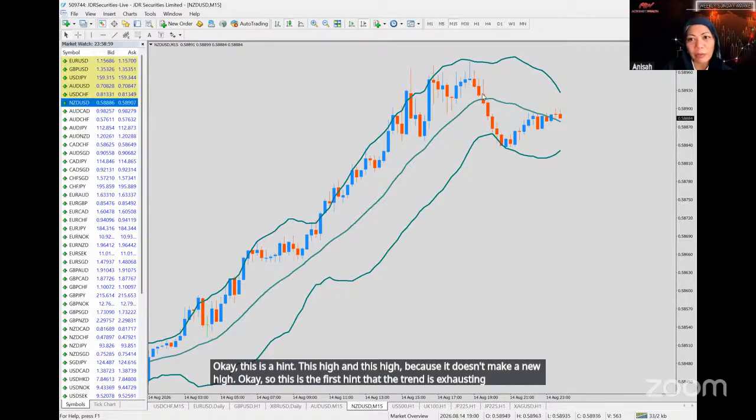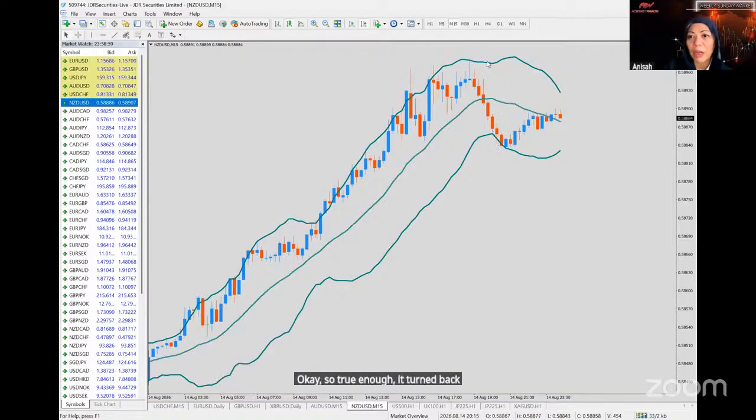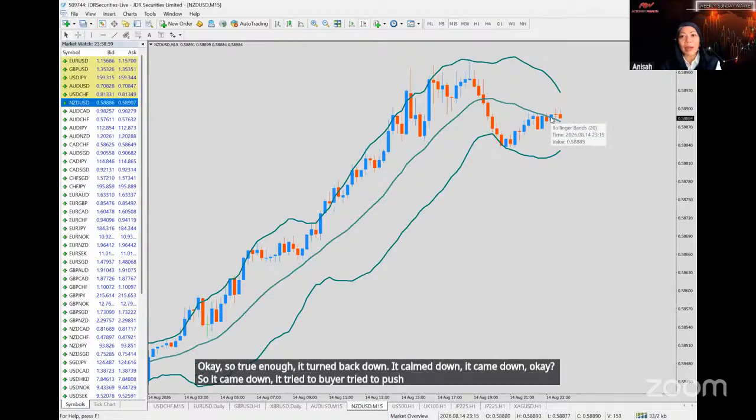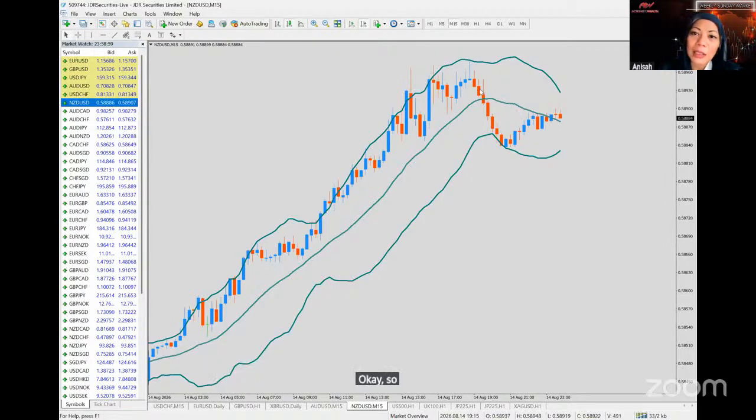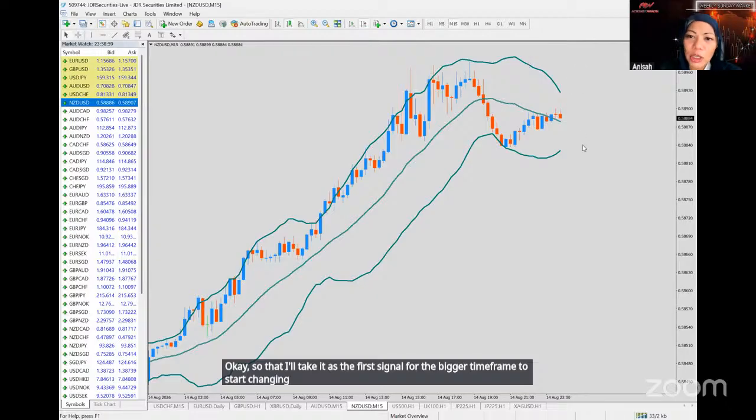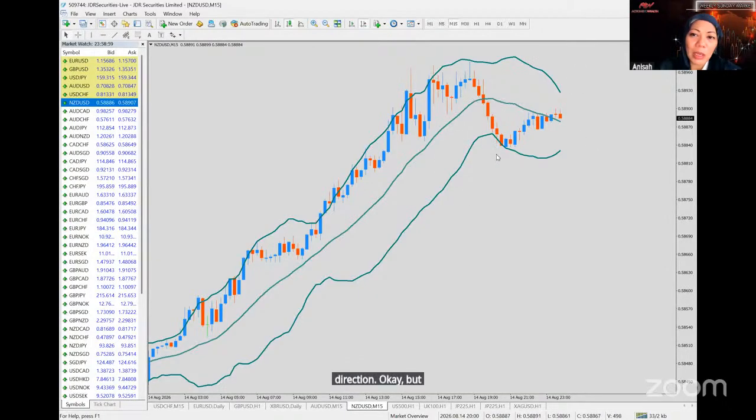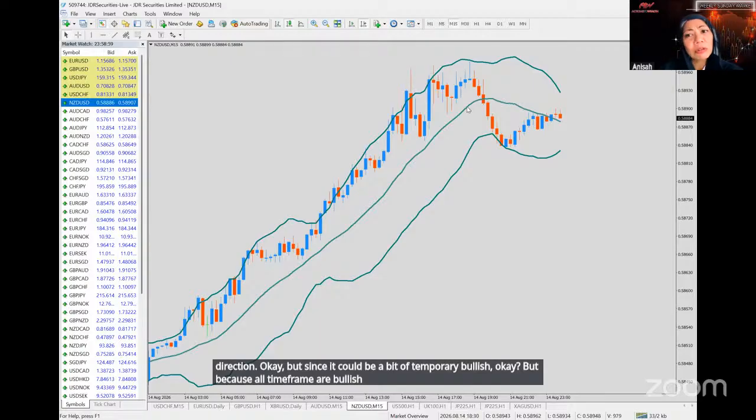So true enough, it turned back down. It came down. Buyers tried to push the price up, but were unable to make a new high. But instead, it made a lower high. So I'll take it as the first signal for the bigger time frame to start changing direction. But since it could be a bit of temporary bullish, and because all time frames are bullish,